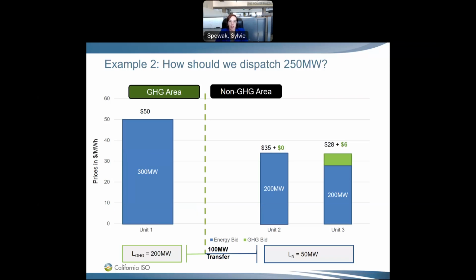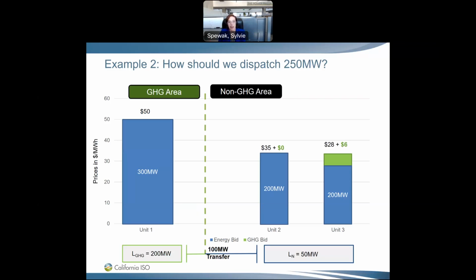Unit 3 in the previous example submitted an energy bid of $30 per megawatt hour and a GHG bid adder of $6 per megawatt hour in compliance costs. In this case, Unit 3 submits an energy bid of $28 per megawatt hour and a GHG compliance cost of $6 per megawatt hour, which means the combined price of Unit 3, if we're considering it for transfer to the